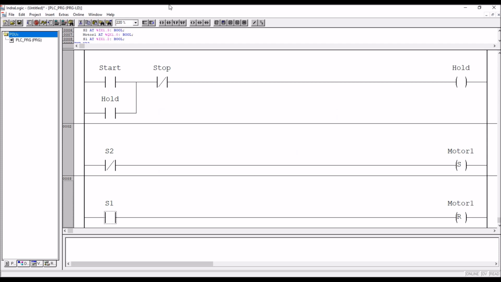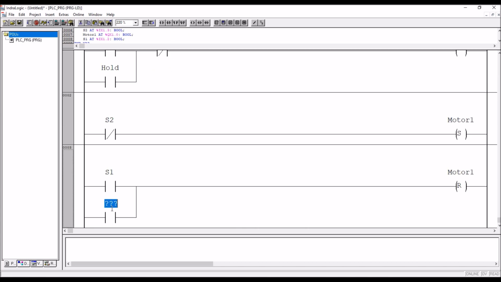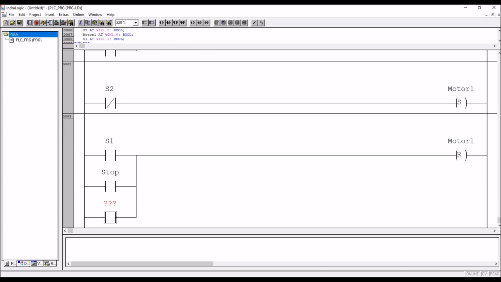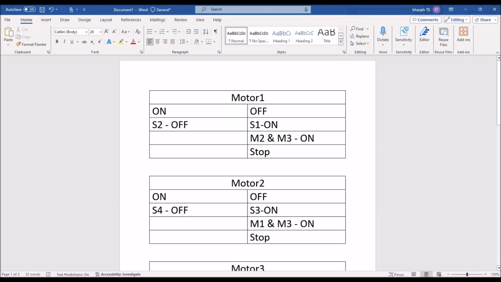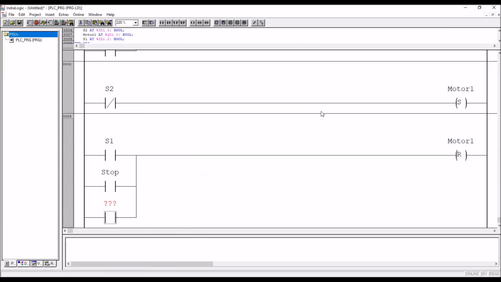Motor should reset, and then the stop button. If the stop button is operated, it should reset. And the next important condition is M2 and M3. M2 and M3 means motor 2 and motor 3. Now I cannot write it because motor 1, motor 2 are not declared, that variable is not declared. Next,